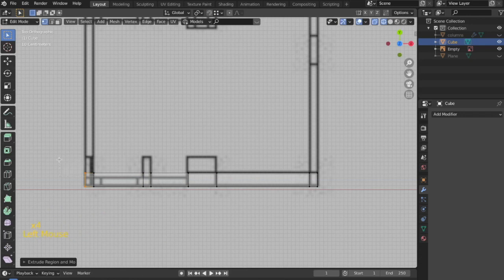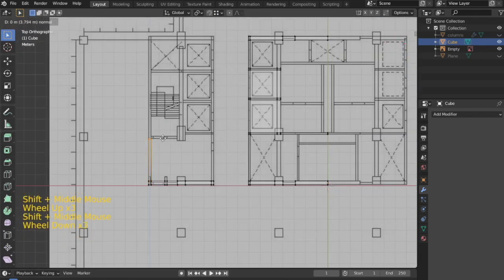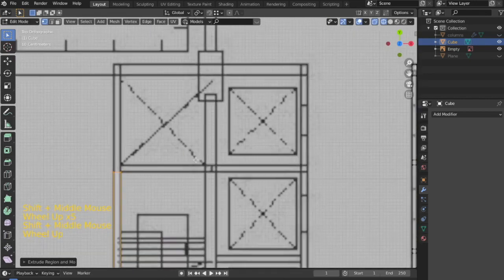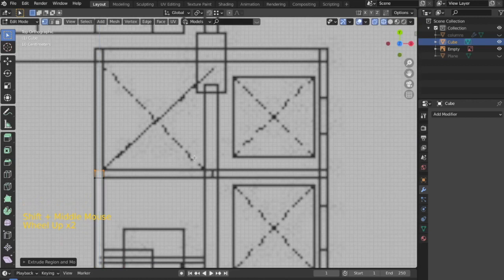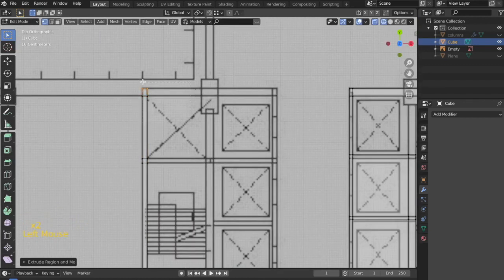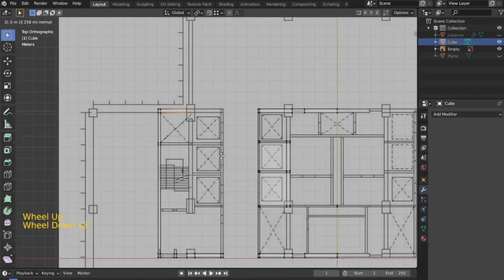You don't have to worry too much about the wall thicknesses because they won't matter in this case. But as I told you earlier, if you are going to make a detailed model, these are very important. But in our case, as we are going to cover mainly the exterior part, these won't matter as much as they would if you were making, let's say, a project of some residential building.